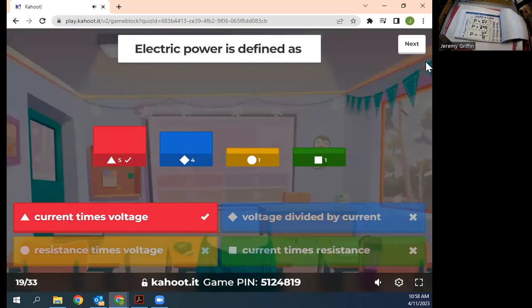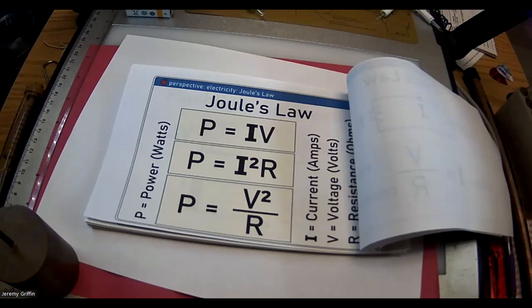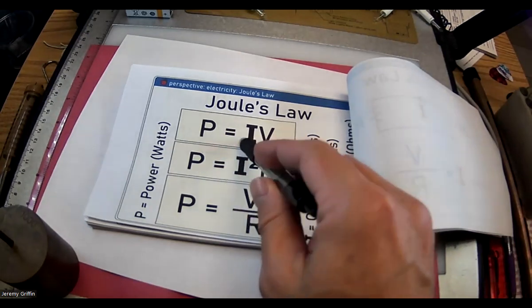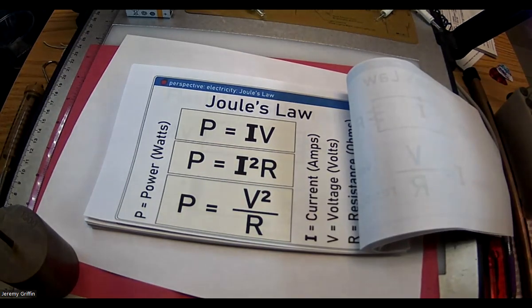Current times voltage. Current times voltage. Right. There are two other answers that could have worked that are just not choices up there. But let me switch my screen over. So how much power? This is Joule's law. So Joule's law question: how much power? Current times voltage. Okay. Because we're filling out those Kirchhoff tables, and that was the last column of the